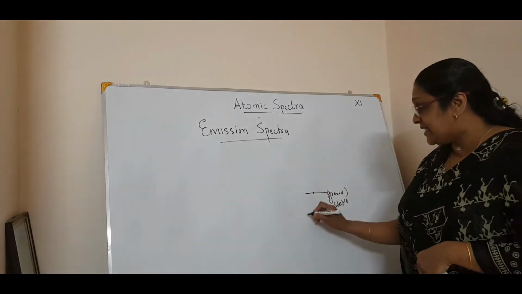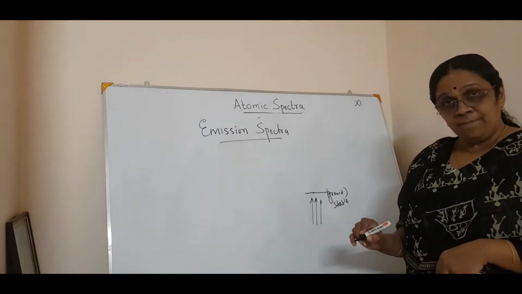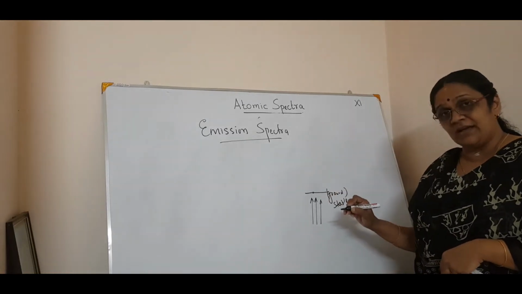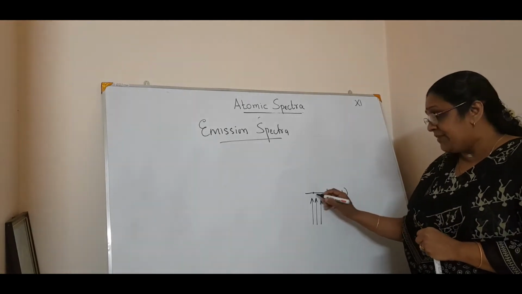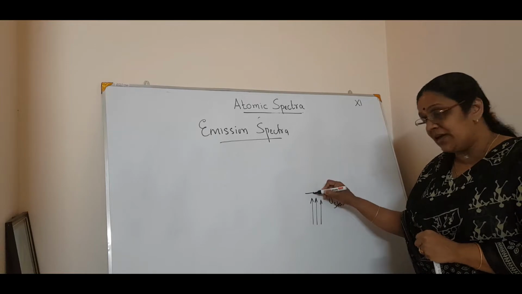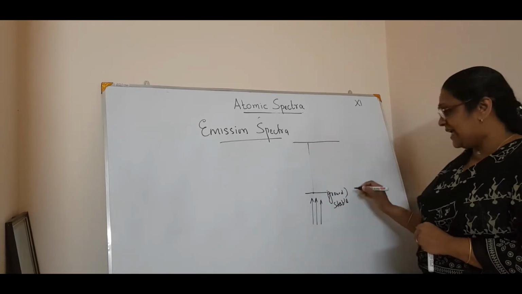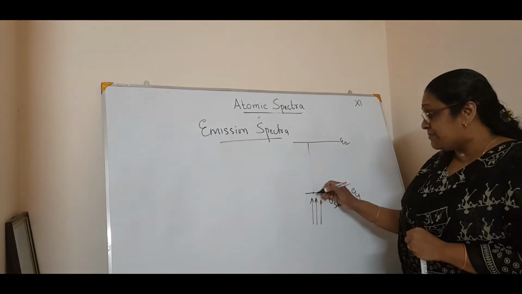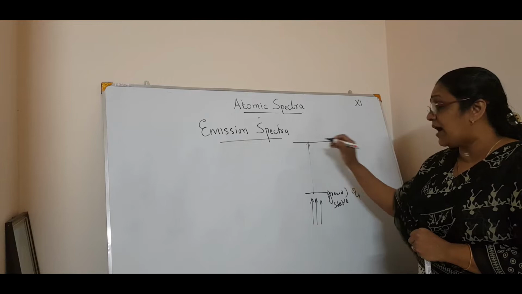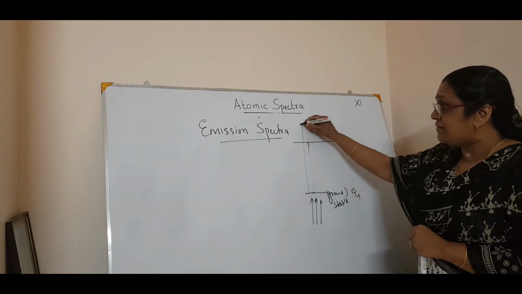Now some energy is absorbed if we heat it. If you give energy to it, by means of radiation or by heating it, it will absorb energy and go into a higher energy level. For example, if this is E1 and this is E2, this absorption of energy will take it into the higher energy level. It can also go into another higher energy level, which we will see later.